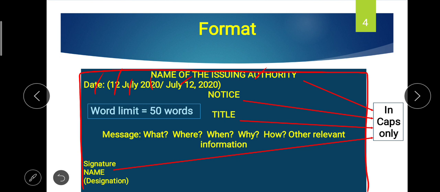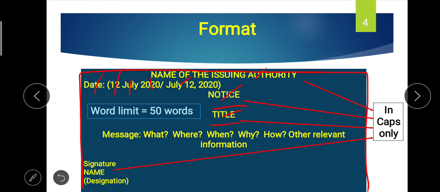After the date line, write down the word notice in a centralized way. The name of the issuing authority, notice and title, these things must be written in a centralized position. After notice, give a single line gap, which is mandatory and part of formatting. After the single line gap, write down the title which is appropriate to the situation given in the question. After the title, give a single line gap which is mandatory and compulsory,